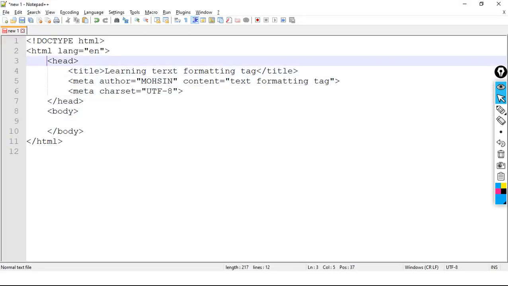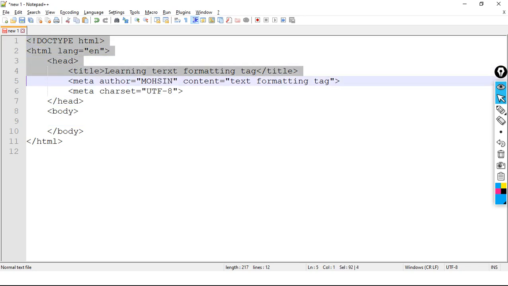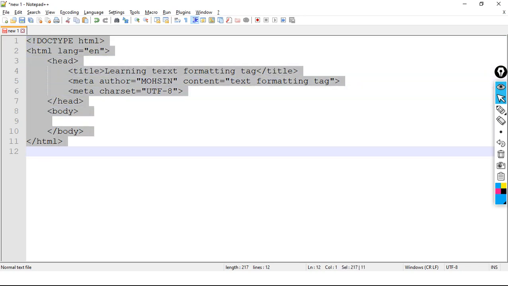See here, I have already taken one normal structure of HTML. Let me explain the structure. With the help of this, I am mentioning that I am using HTML5 version. Here I have used open HTML element. Okay, then here head, opening and closing, then here body tag is there, body is empty, and here we have closed HTML tag. Okay, now